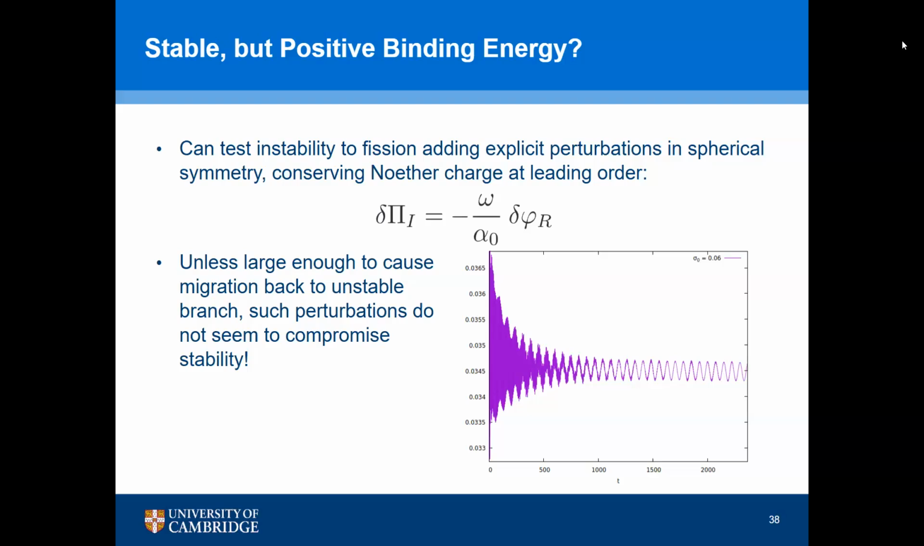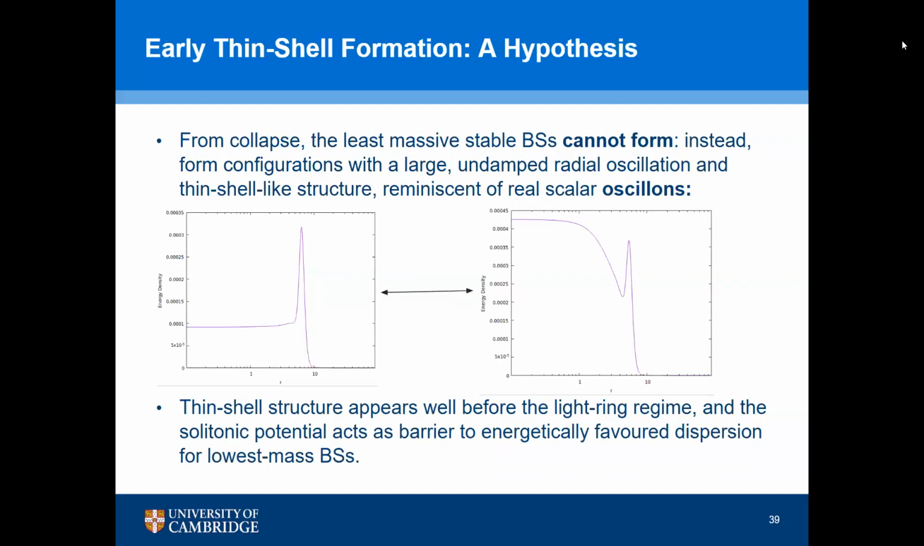Yeah, indeed. In general, in spherical symmetry at least, it seems more difficult than you would think to trigger this fission just by adding a perturbation, as the sign of the binding energy would seem to predict. But anyways, if you look at the energy profile during one of these undamped oscillations that you see in formation,